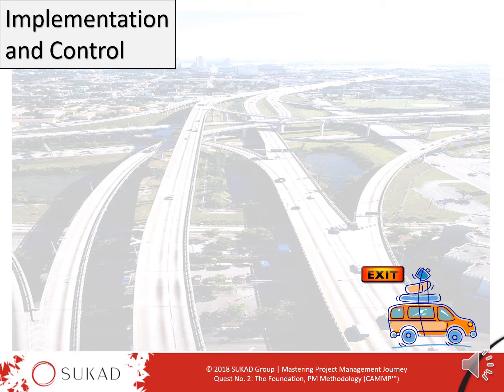The first thing that we could have is we have an exit. So remember, your plan is like your roadmap. And on your roadmap, you should have defined where you're going to take an exit, where you're going to stop, all of these things. So the exit in terms of road is clear. We're going to have to take an exit at this point in time. In project management, I'm using the term exit to represent something to achieve: a goal, mobilizing a team member, delivery of an important item, awarding a contract, a target, a report to publish that you have on the project. However, for some reason or another,